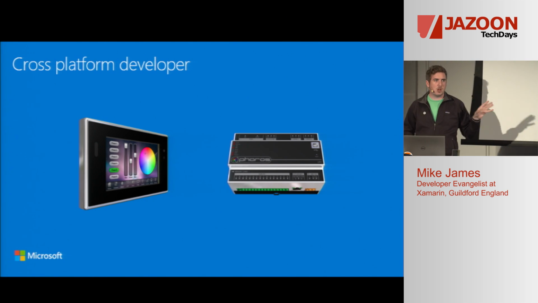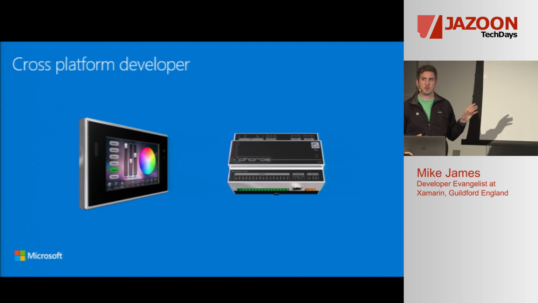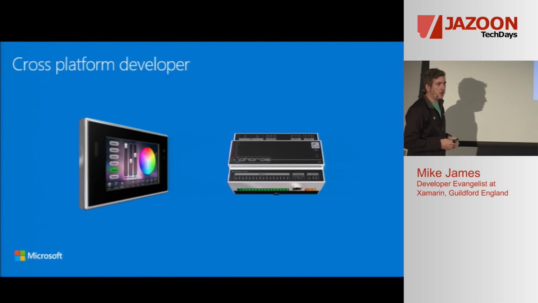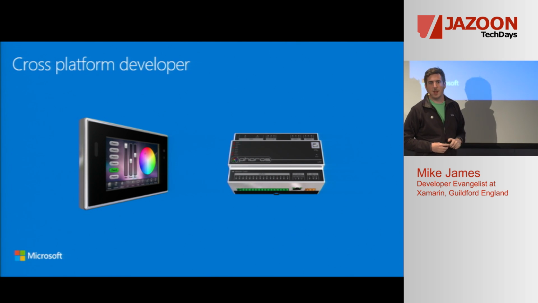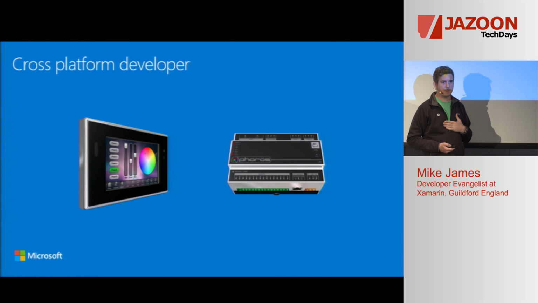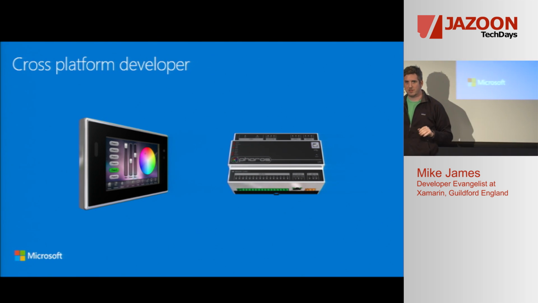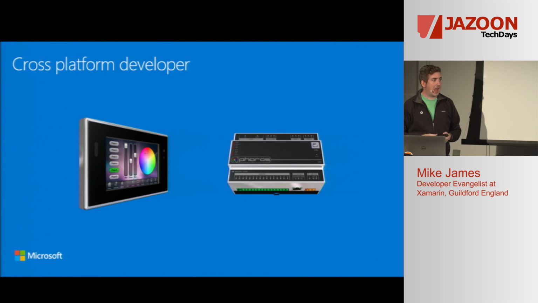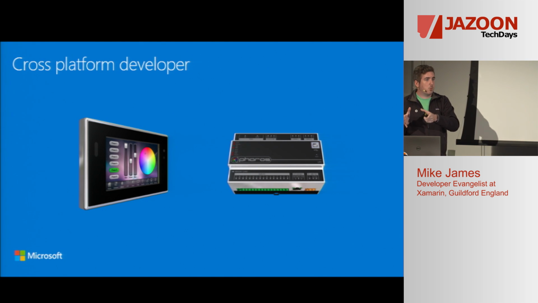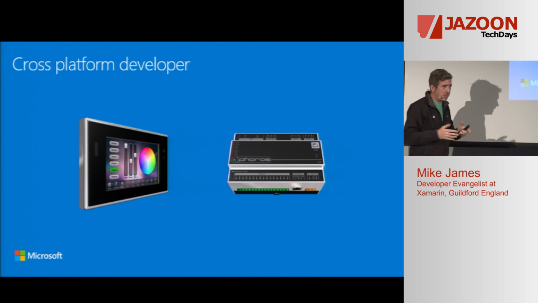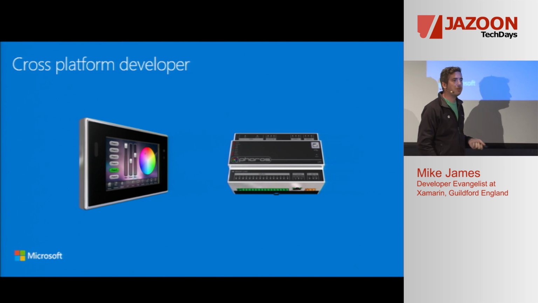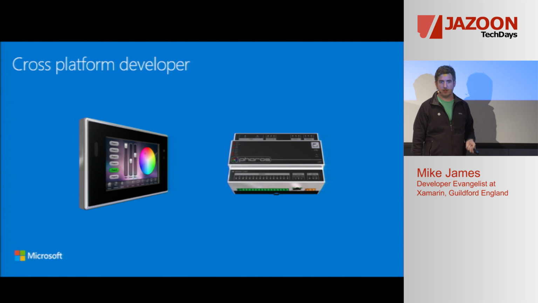Now these controllers have a built-in web server, so I could host a website on the device itself. So that's what I chose to do. I built a web app using jQuery Mobile, and I hated every moment of it. I am a terrible JavaScript developer, just straight down, probably the worst in this room. And jQuery Mobile at the time wasn't even version 1. So it was pretty buggy in areas, and it didn't deliver a great experience for the users at the London Eye, the engineers, and I hated developing it.